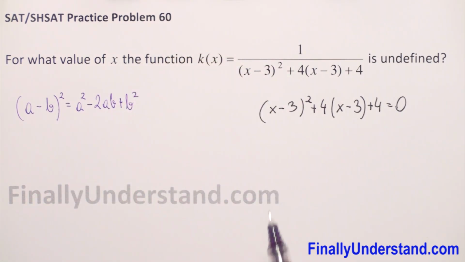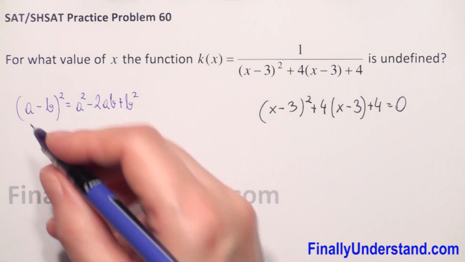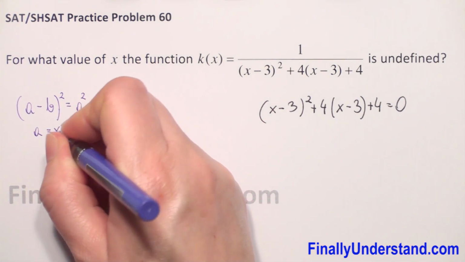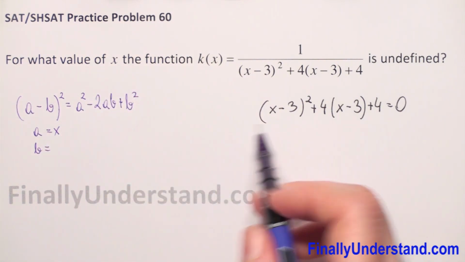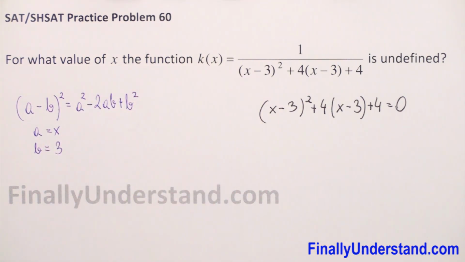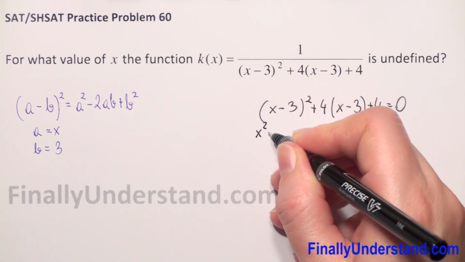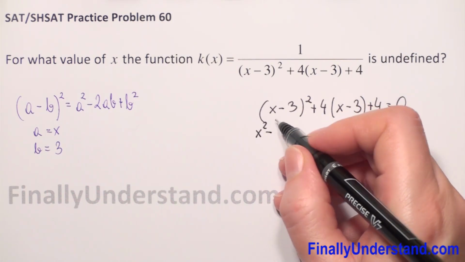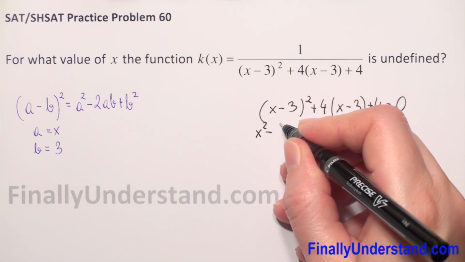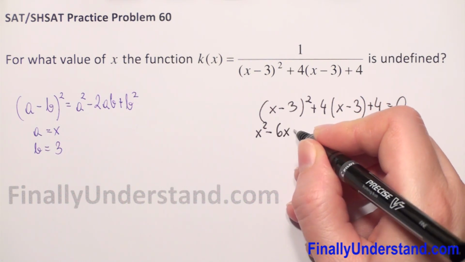In our example, a is equal x and b is equal 3. So now we will raise to second power x minus 3. So this is x square minus 2 times x times 3, so it will be 6x,